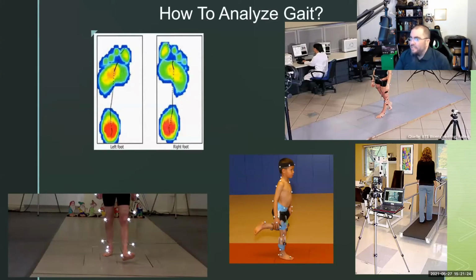I think I sent you guys the video of doing motion capture for the Injustice game. We use a lot of these motion capture devices for that. We have motion capture. We have pressure plates like this one up here on the upper left. We can record somebody walking on a treadmill. The good news is, again, we all have a recording device now in our pocket.